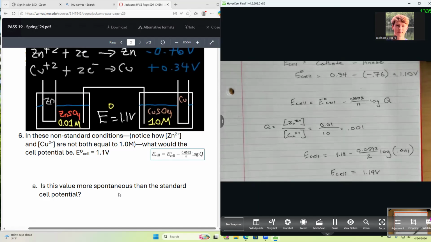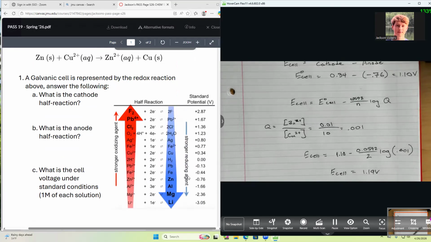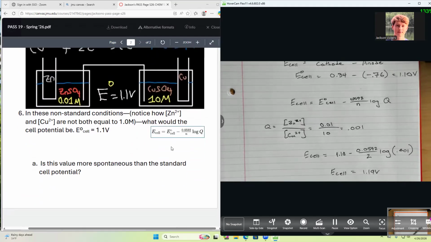Yeah, it's a little confusing. With delta G, we're always talking about negative being spontaneous, but for this standard reduction potential, the more positive it is, the more likely that's going to happen, pretty much. So in other words, up here, we could say that F2 going to form 2F minus is super, super spontaneous because it has a standard reduction potential of 2.87. So yeah, that's all I got. You guys should be in a bit of